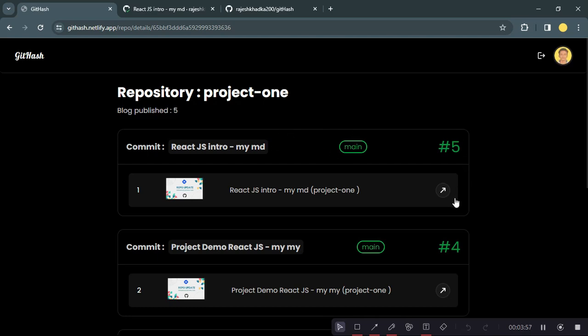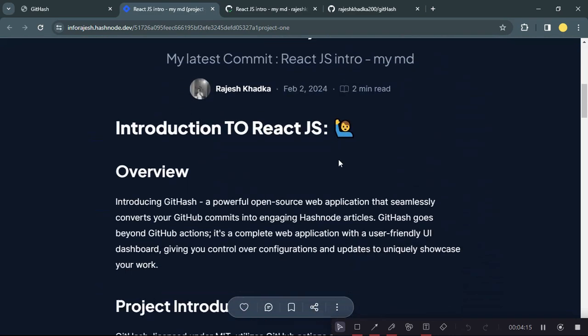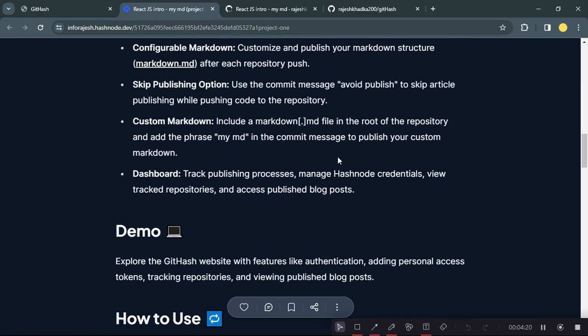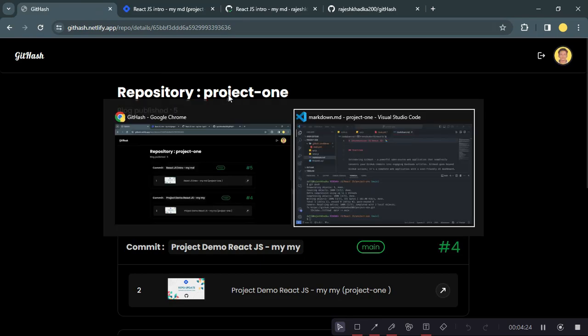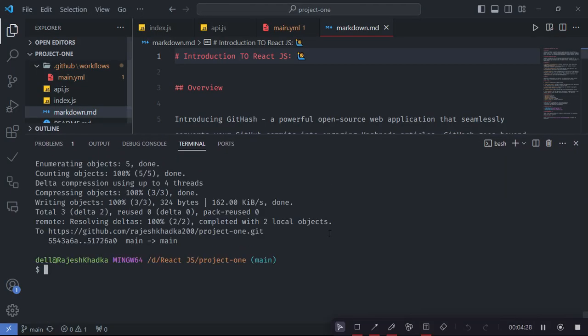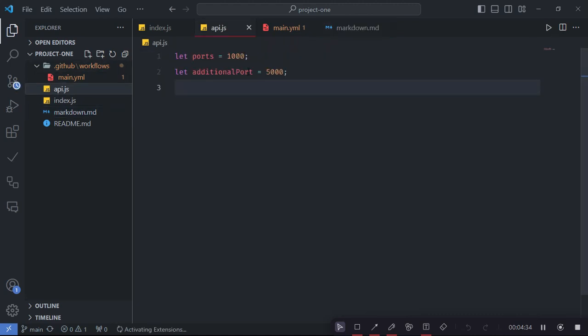To access the blog, I need to click this button. Here we go, we get our blog post ready that is published via GitHub Actions and GitHash, and of course a GraphQL API using Hashnode. And now I would like to demonstrate how you can use the auto-generated markdown to publish the blog post in Hashnode. So to do so, I make some changes here, like